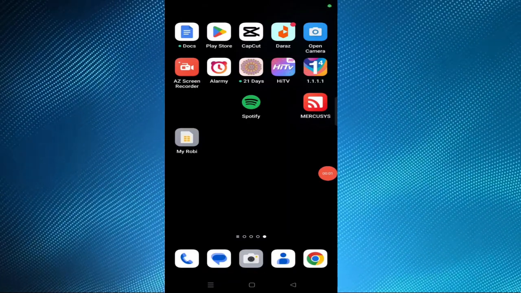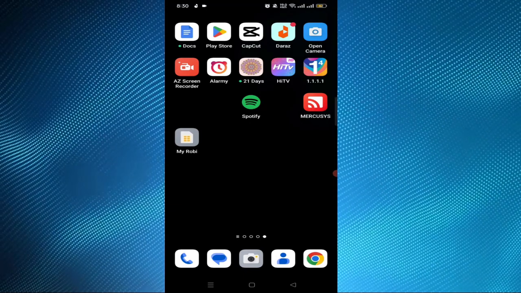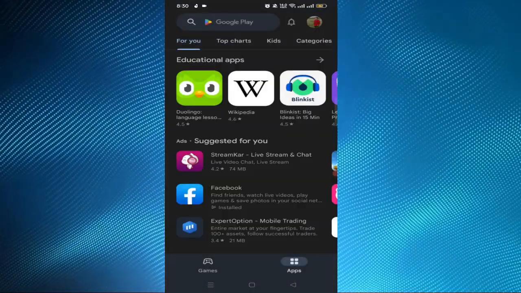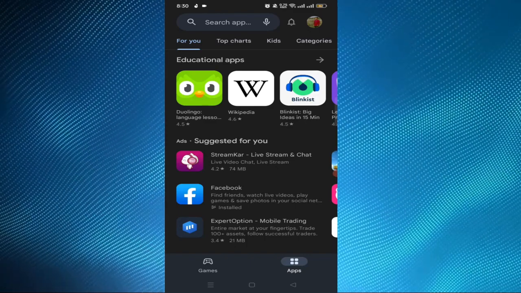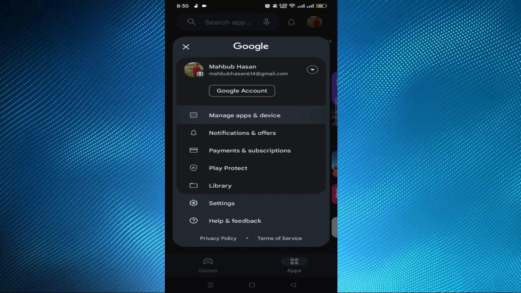In this video, I'll show you how to recover deleted apps from Android phone. So, for doing that, we have to open the Play Store application and then we have to tap on the Google account menu at the top right corner, and then we have to tap or open the Manage Apps and